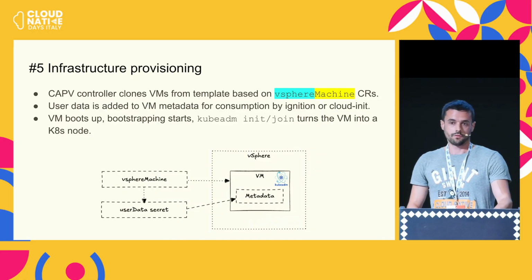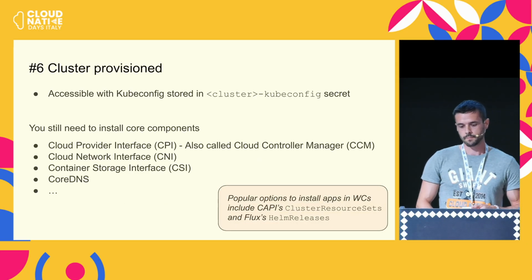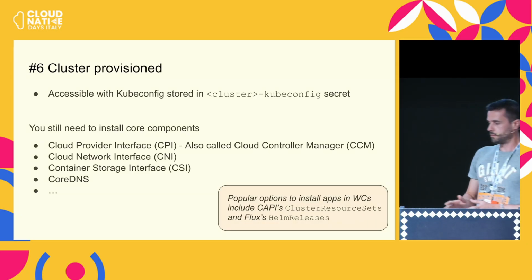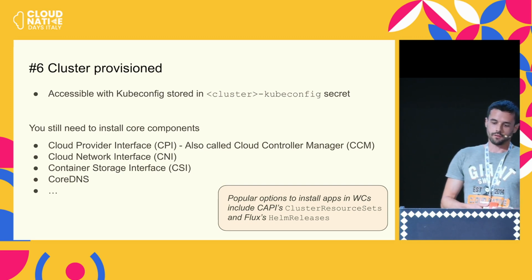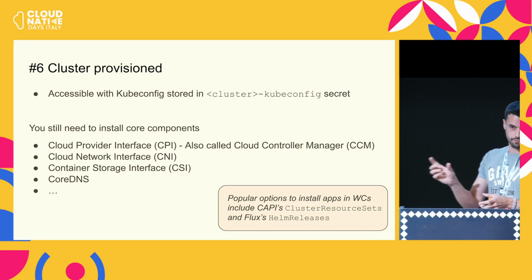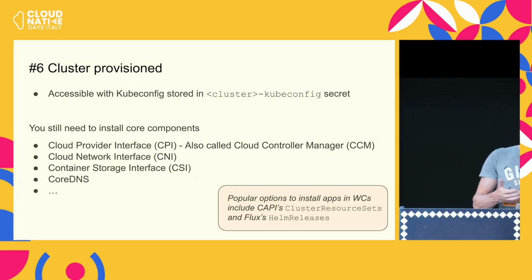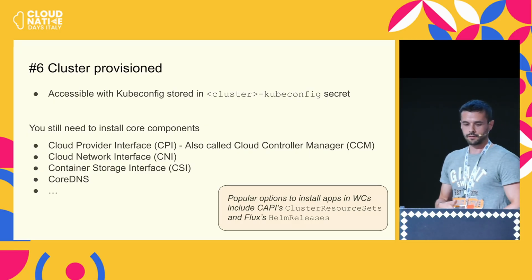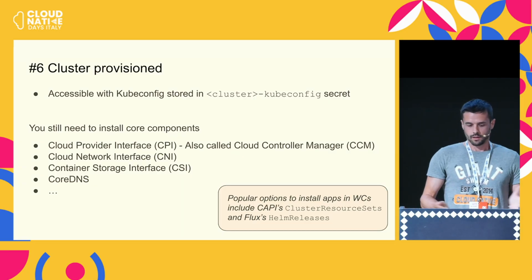So the first control plane is going to run kubeadm init, and the subsequent ones are going to join the cluster. This is simplified quite a lot, but at this point we have a cluster basically, and we have a specific secret in the management cluster, which will contain our kubeconfig. So you just grab this kubeconfig, dump it to a file, run kubectl get nodes with this file, and you can list your nodes. At this point, they are going to be not ready. So you need to install your CNI, your CPI, CoreDNS, pretty much everything that you need in any Kubernetes cluster.